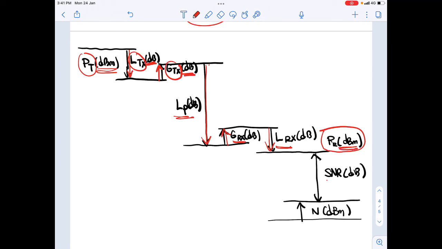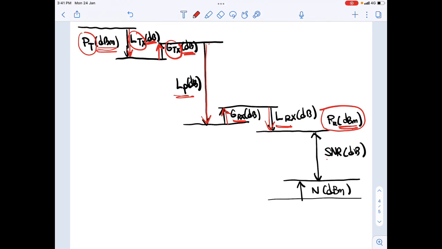Remember, at the receiver the signal is going to be disrupted by noise. So the noise will be N, in terms of dBm. The difference between PR and N is the signal to noise ratio, in terms of dB. Now, if the receiver has a certain specification, for example, the signal to noise ratio needs to be bigger than maybe 10 dB in order for the receiver to be able to detect and decode the signal that it received,